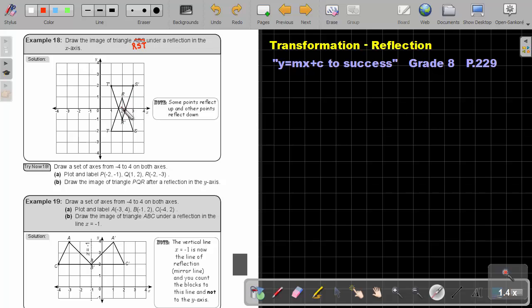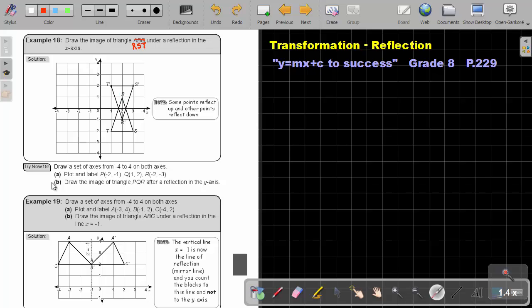There is R, 1, so I reflect 1 to this other side. And then I count 1, 2, and 2 to the other side. And then 1, 2, and 2 to the other side. And then I just combine the points, and that will be R dash, S dash, T dash. I just make the dash for the reflection. Remember, we call the original figure the object, and the new figure we call the image.